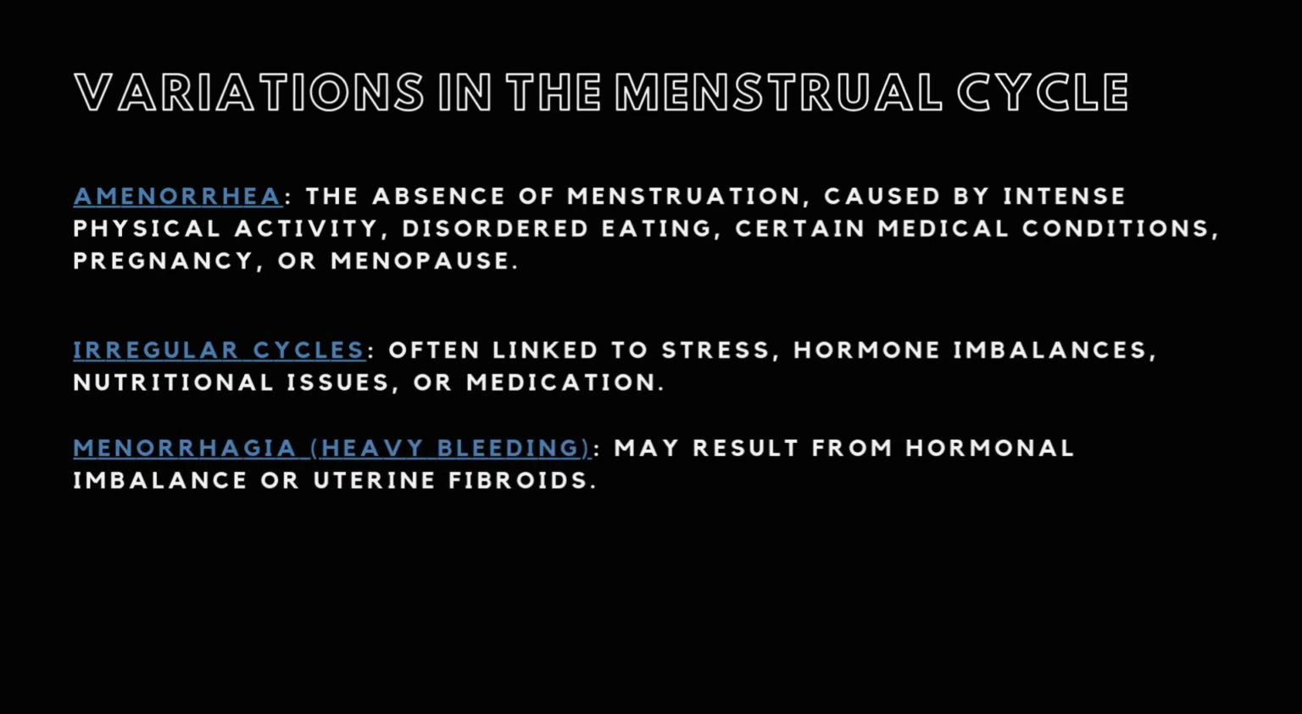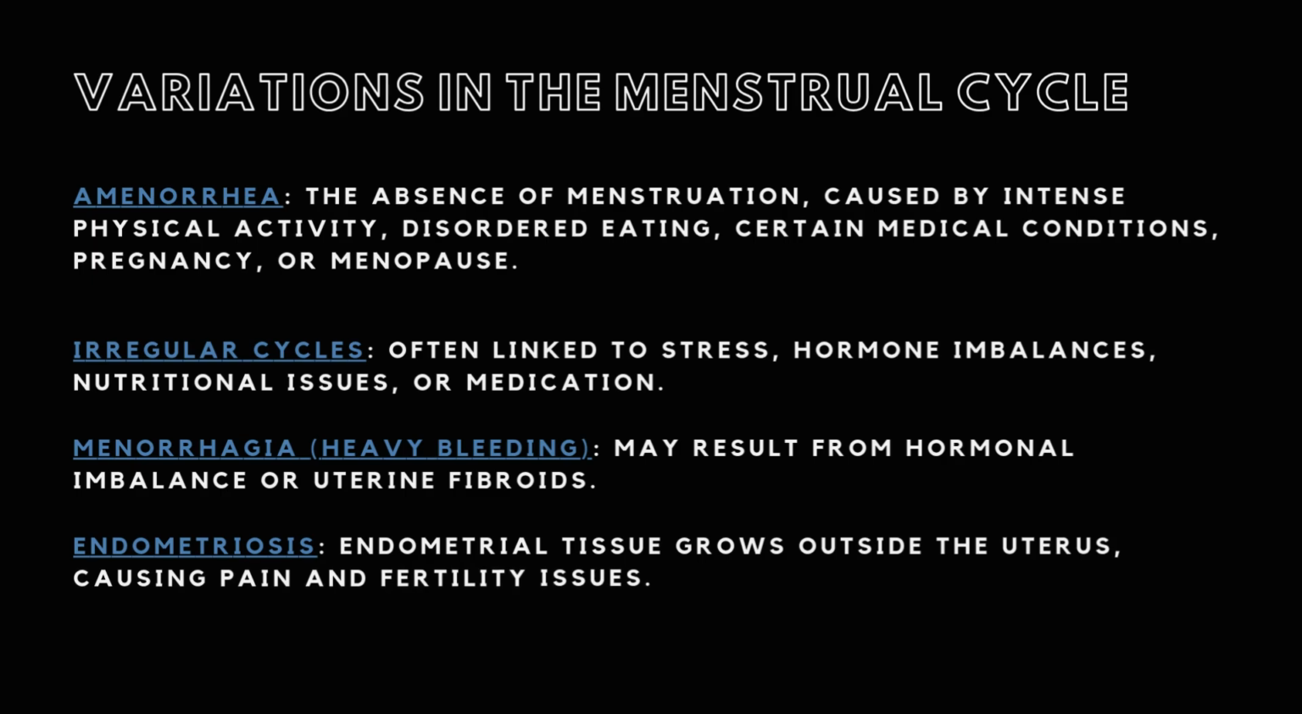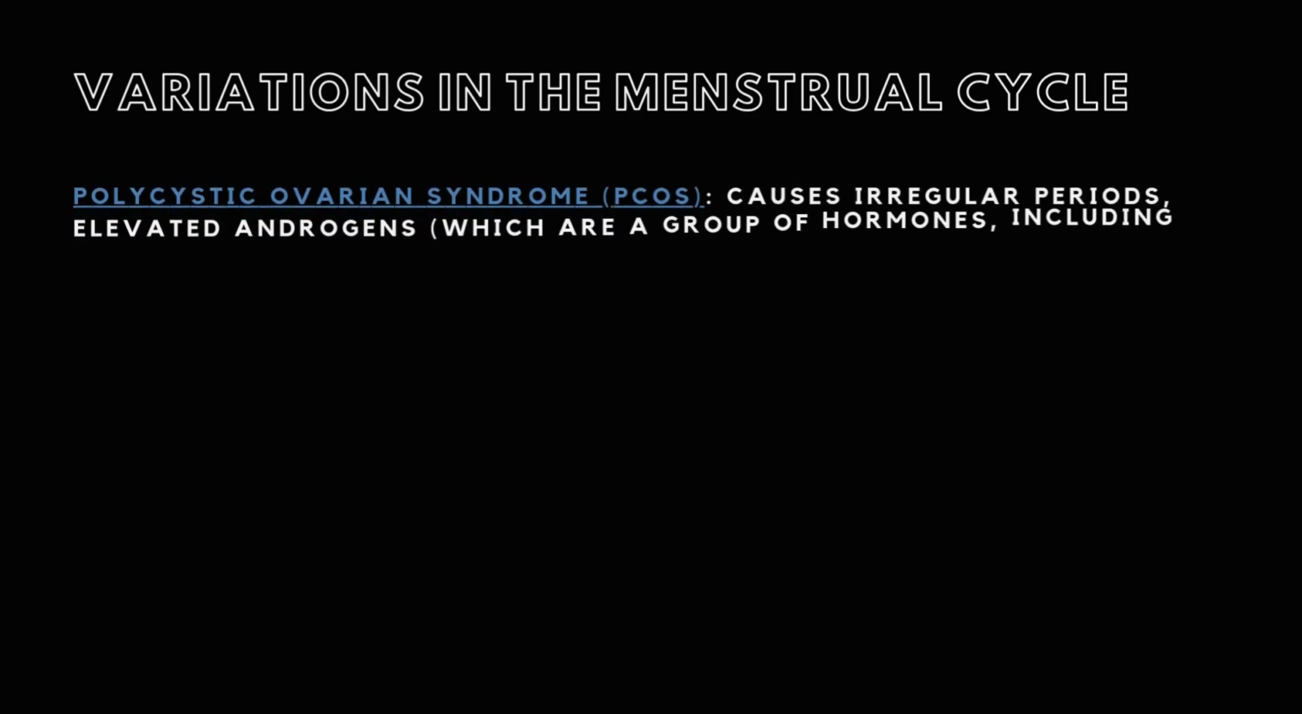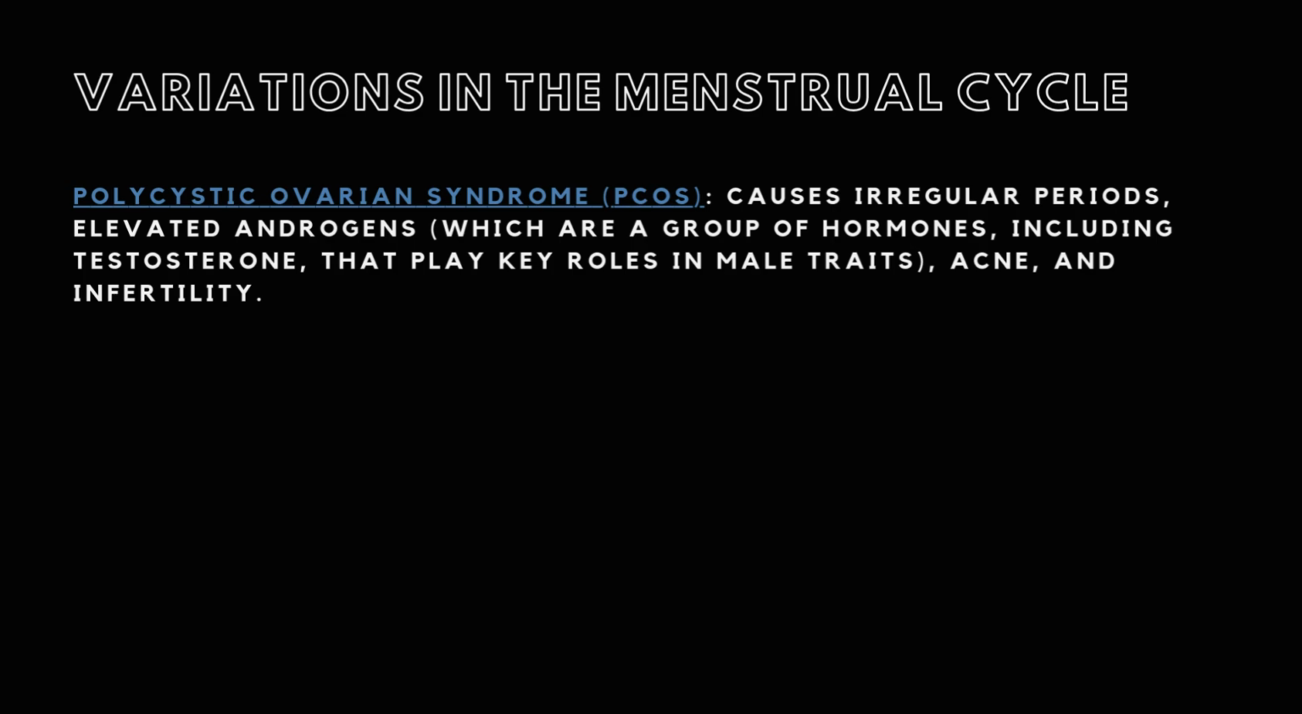Menorrhagia, or heavy bleeding, may result from hormonal imbalance or uterine fibroids. Endometriosis: endometrial tissue grows outside the uterus, causing pain and fertility issues. Polycystic ovarian syndrome, or PCOS, causes irregular periods, elevated androgens, which are a group of hormones, including testosterone, that play key roles in male traits,